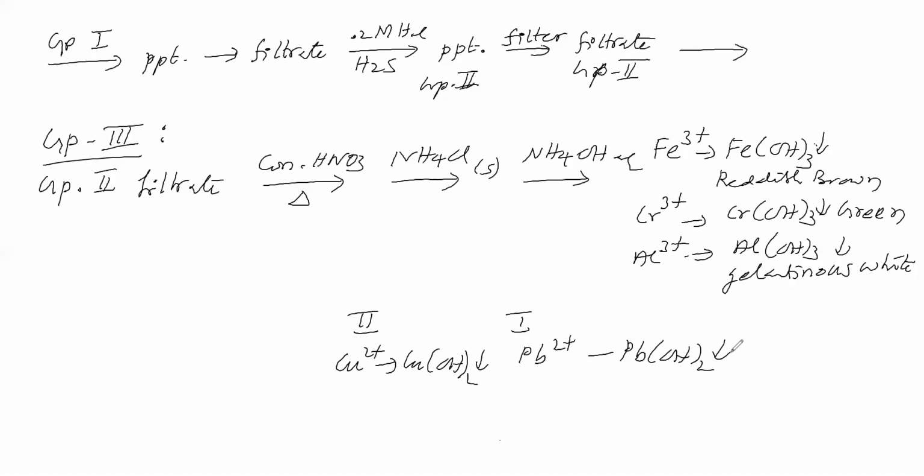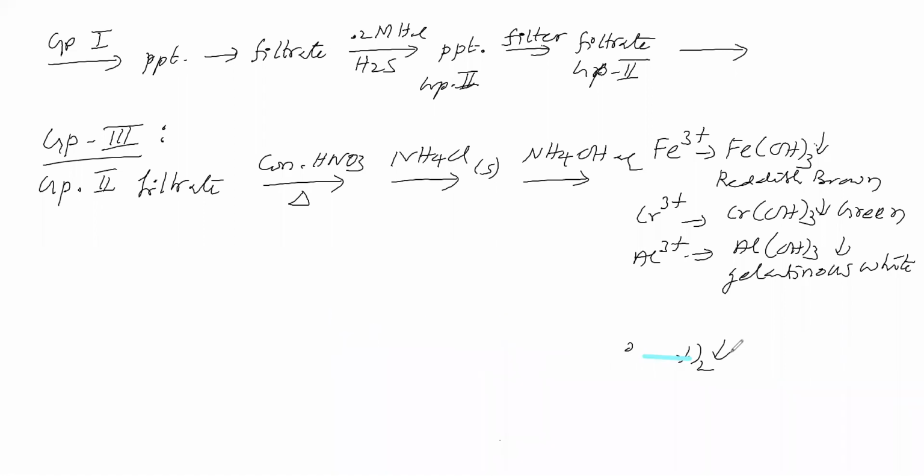First we have to do group 1 and check whether precipitate is available or not. If precipitate is not there, group 1 is not present. If we get precipitate, group 1 is present. Then you have to filter and proceed. In the same way, we check group 2 also. So why do group analysis systematically? First we do group 1, then only we come for group 2, then group 3, and so on. So why do cationic analysis systematically? That we got an idea.